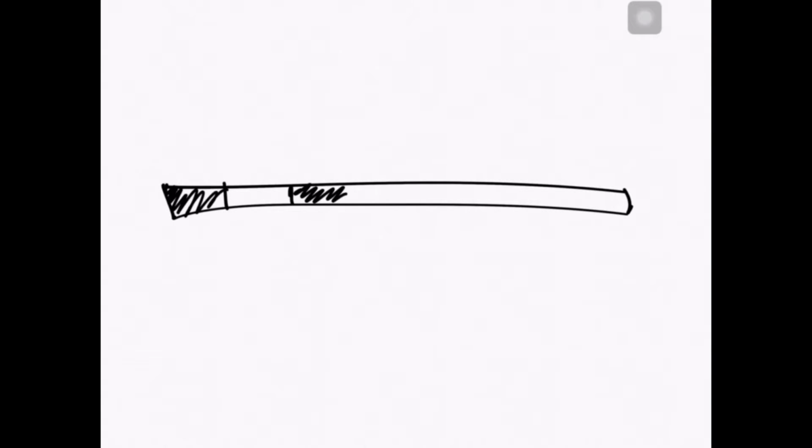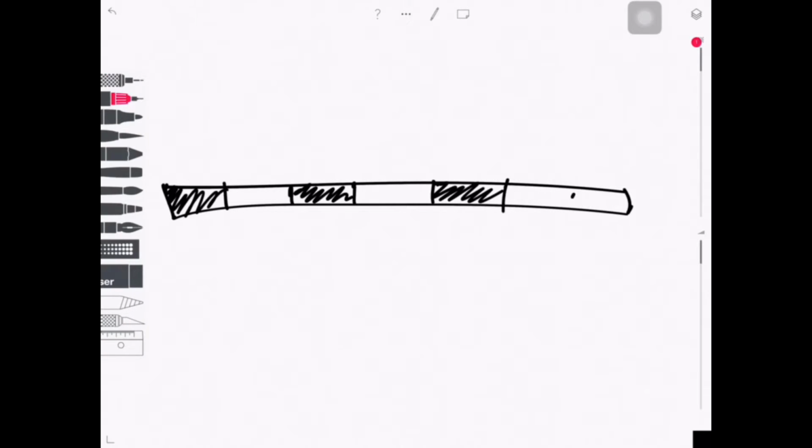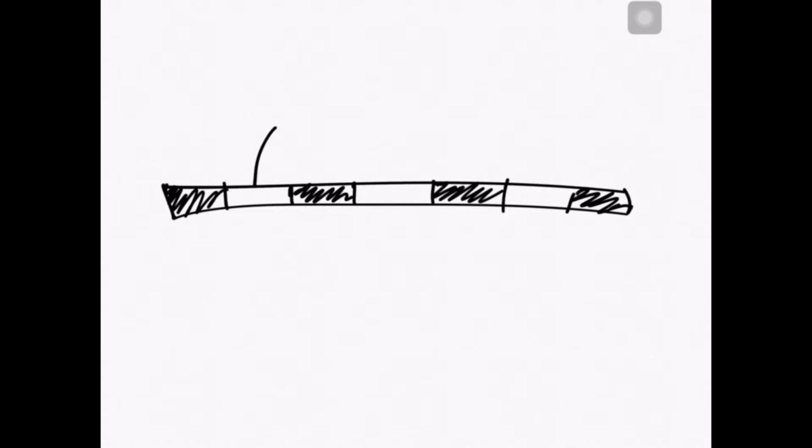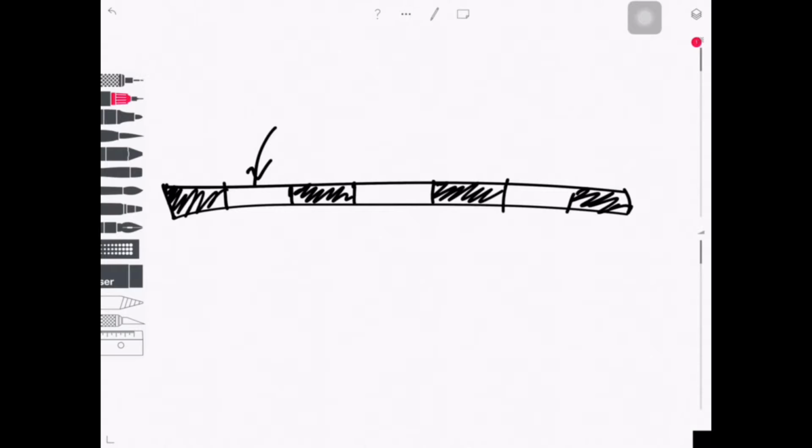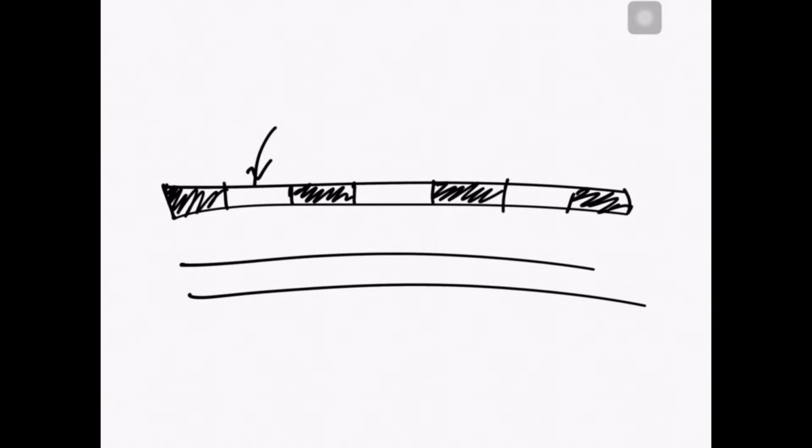And this shaded area that I'm drawing right now would be what we call the exons, and they are what code for the amino acids. So they are the necessary part for the protein synthesis process. However, these other parts that are unshaded are introns. They're basically useless during this process and are eliminated from the RNA strand. Now, once you eliminate that,